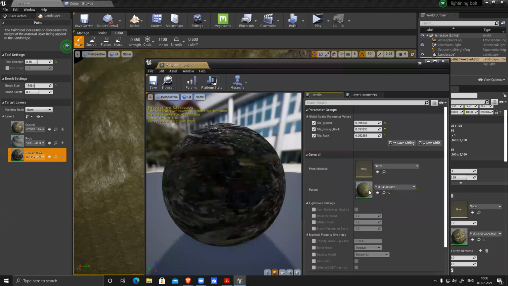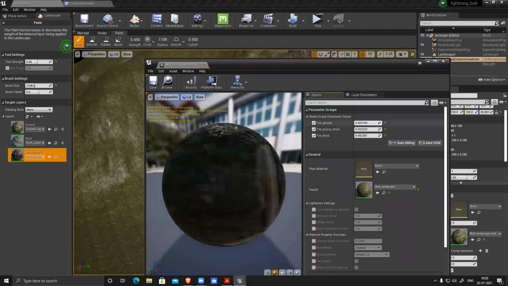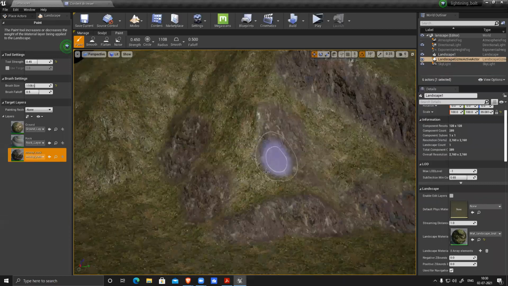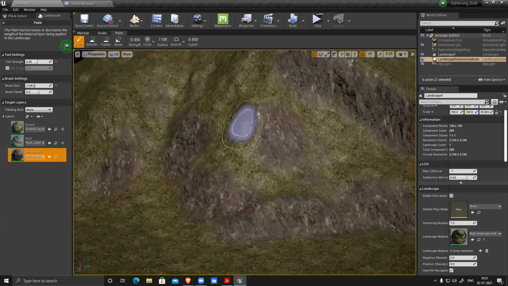This ground also, I feel I should reduce to 0.03. So it should be generic.